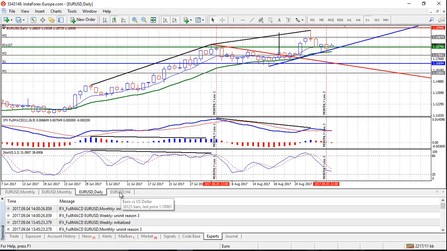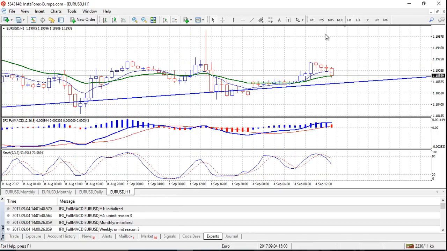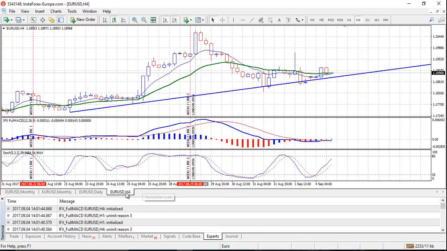Then on the 4-hourly chart I plot the weekly pivot points. You can see, I'm going to plot between these 2 lines. That is the weekly pivot points, which I normally plot on the daily chart or on the 4-hourly chart, because I'm on the 4-hourly chart now, which I can also convert to the hourly chart. This is the hourly chart. If I take it back to the 4-hourly chart,